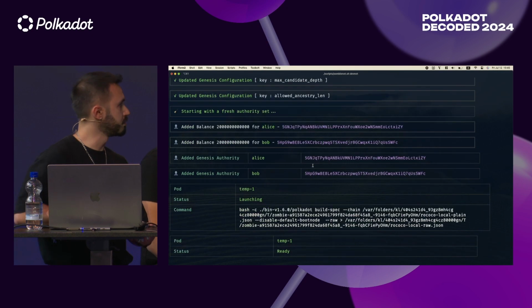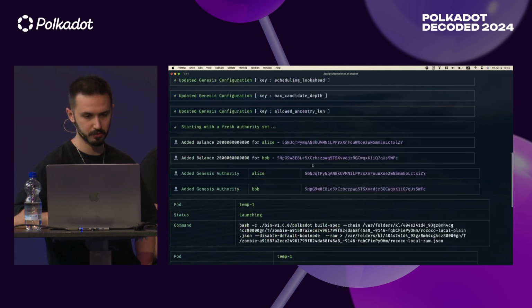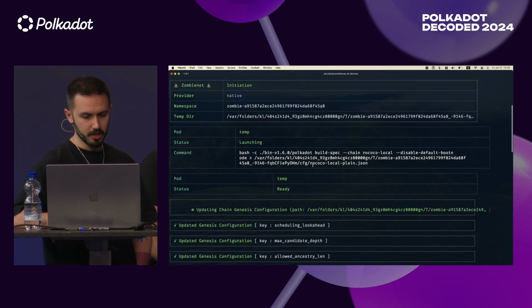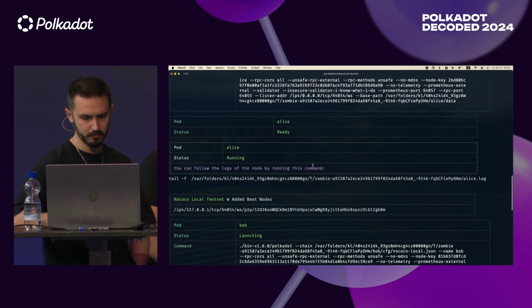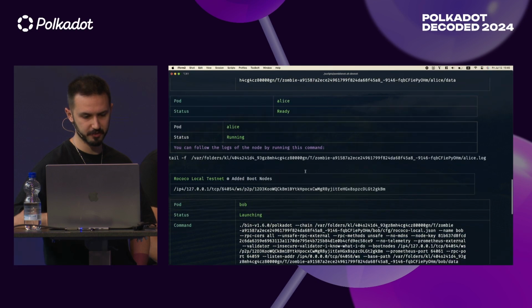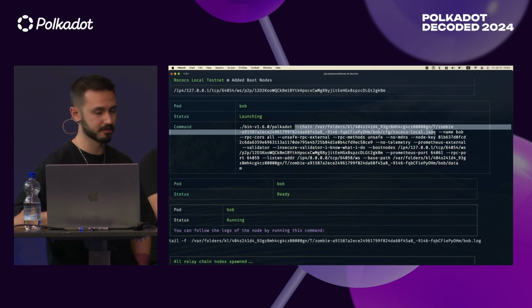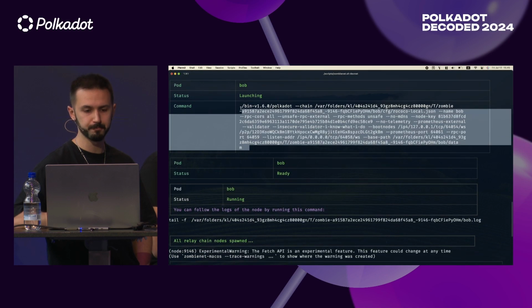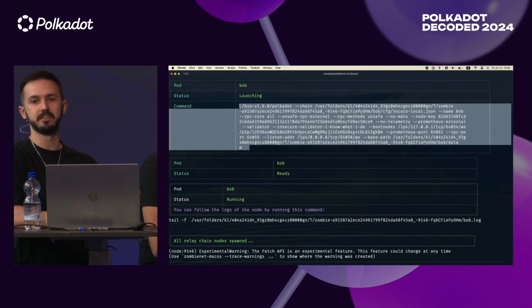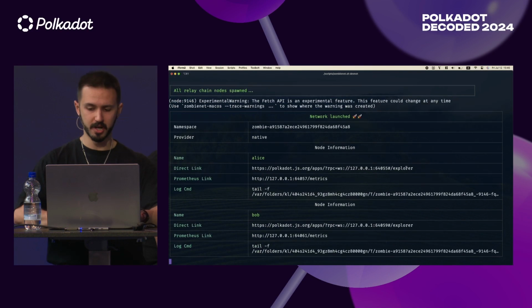All right, you see a lot of output. I will shortly mention what's going on. So we have two nodes. One of them is Alice, one of them is Bob. And they have their own chain spec file. This is for Bob, for example. This is the whole command for running Bob's node, by the way. And we have our local